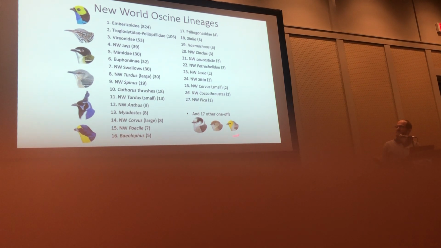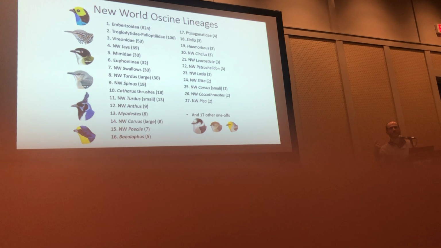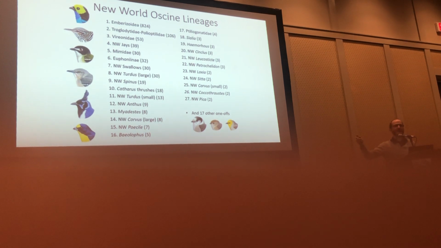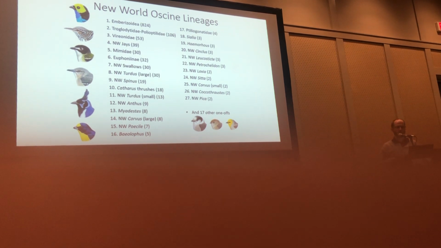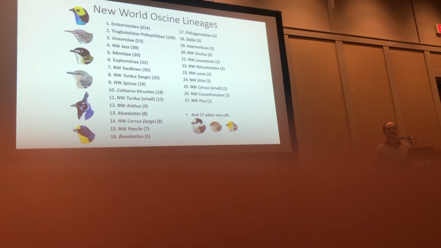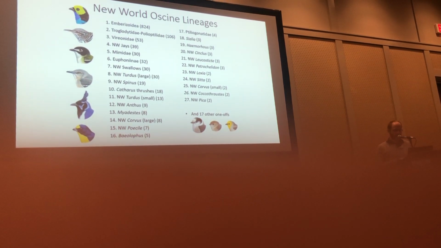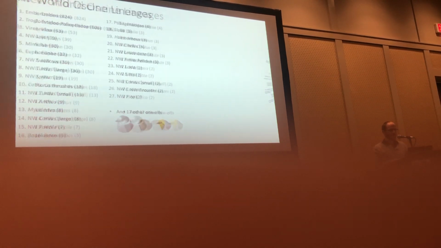And a lot of these are kind of depauperons, so to speak. So 17, almost a third of these, have generated only a single species, like Parasaurus, Saltroparis, or Aroparis. But there's a tremendous amount of diversity, orders of magnitude. One lineage in particular, Embryozoidea, has generated over 800 species since it dispersed into the New World. This is really, really interesting. So we have a ton of lineages that are species rich, and there's a lot of them, and they're all contained within this biotic realm of the New World.